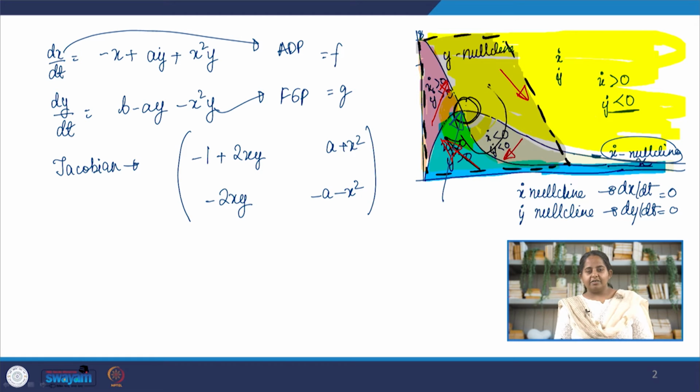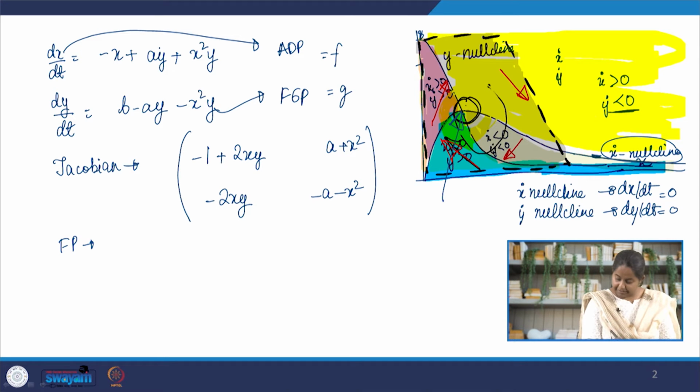So, this is our Jacobian, and now we want to find the fixed points. As I mentioned just now, finding the fixed points of the system means dx by dt and dy by dt should be simultaneously equal to 0, which is quite a calculation. So, what I have done is I have already calculated the fixed point and I will just give it to you. So, the fixed point for this system is basically